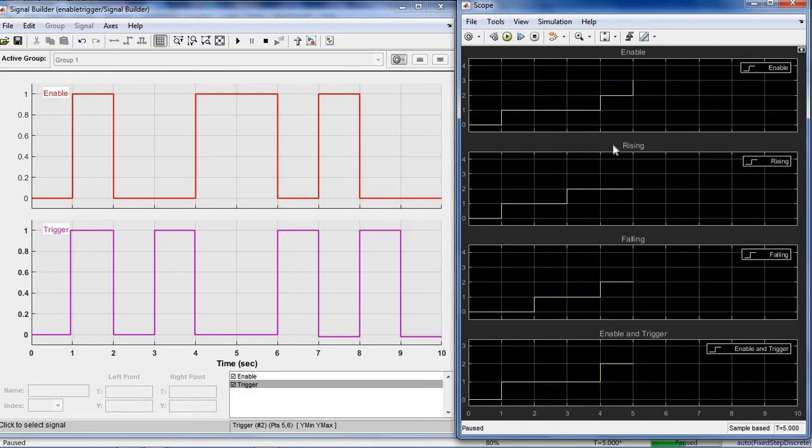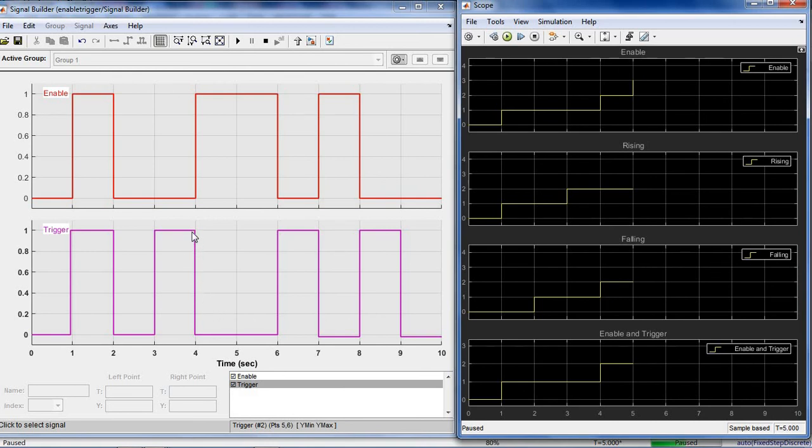If I execute the next step, the output is 1. Similarly, in rising edge, the output is incremented at this level. At 3 the output is incremented, but after that there is no rising edge, that's why it is on hold. It will increment at the next rising edge. Similarly here, this is the falling edge, so the output is incremented at this step.